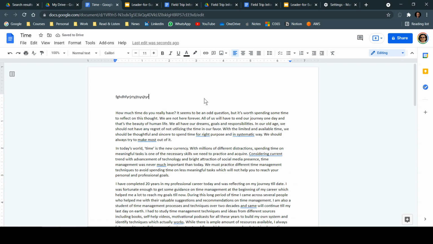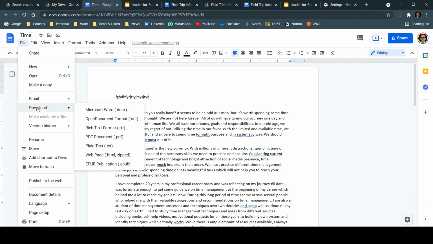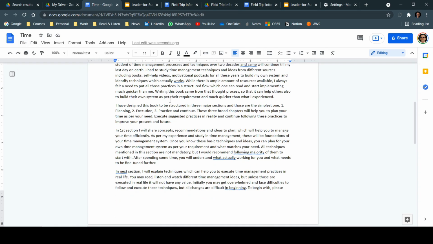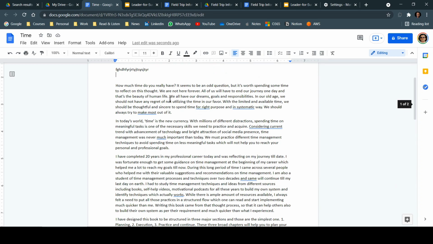Once I'm done, you need to go to File and you can download this file in different formats, where PDF is another option, which means you can open any PDF file using Google Docs, you can edit it and you can again save it in the same PDF format, which means it's giving you the capability to edit PDF files. Now there is one caveat. This particular feature works absolutely fine for plain text, wherever text is there.